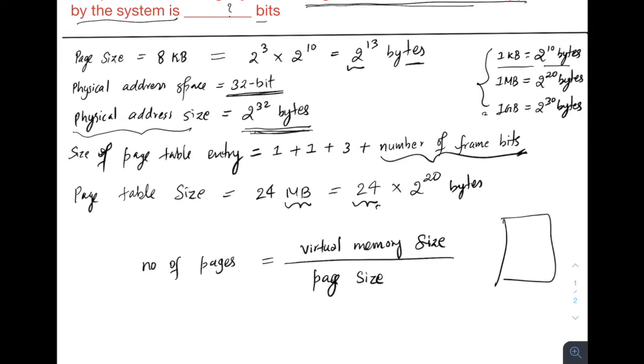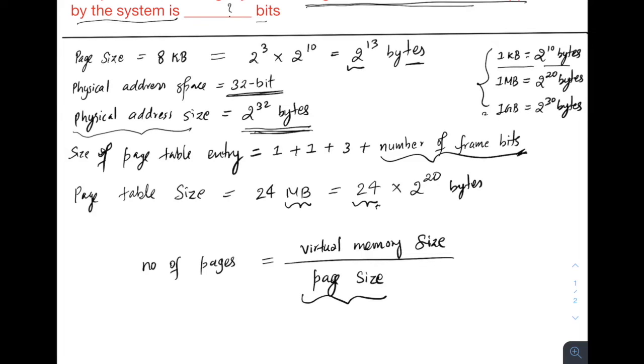Because this is very easy, right? When you have a process divided into pages, the number of pages will always be equal to the total size divided by the size of each page. This is a very general formula, and you don't have to remember this, it should always be in your mind. Now, from what we have till now, we already know the page size, it's 8 KB, it's given. But do we know the number of pages?